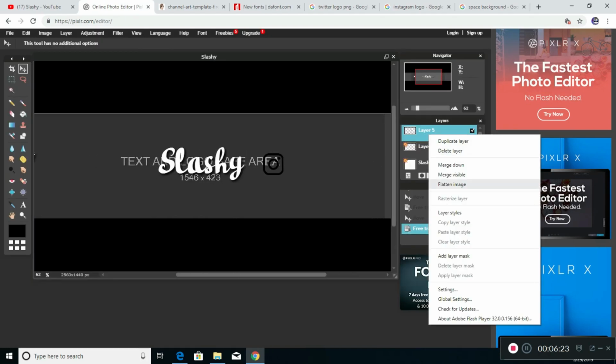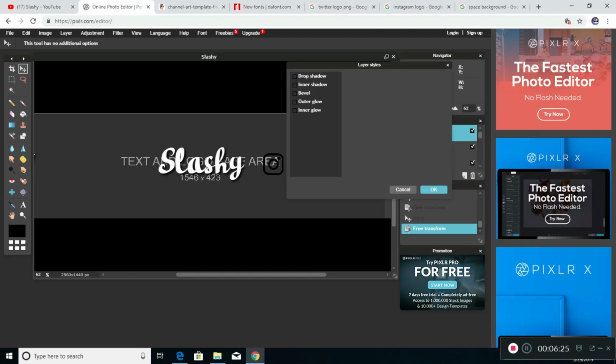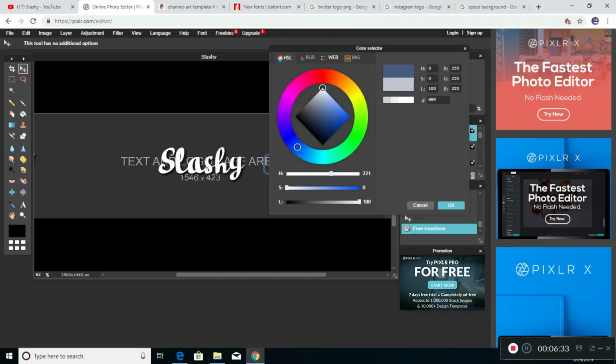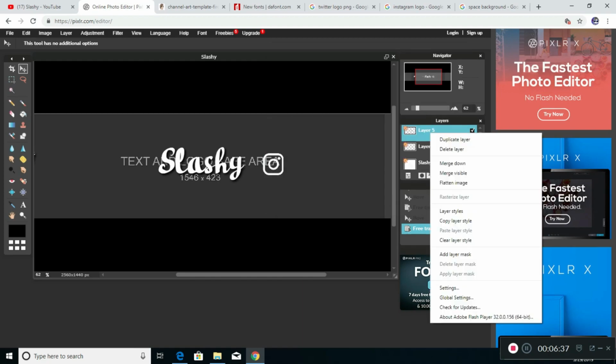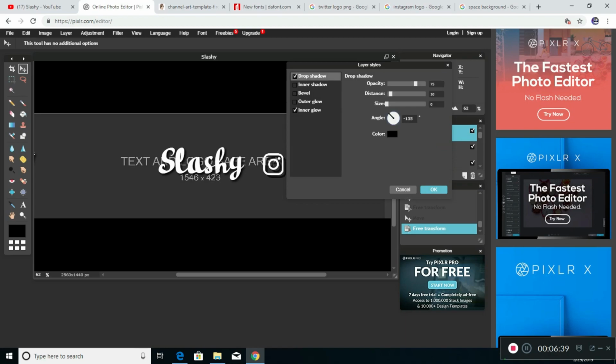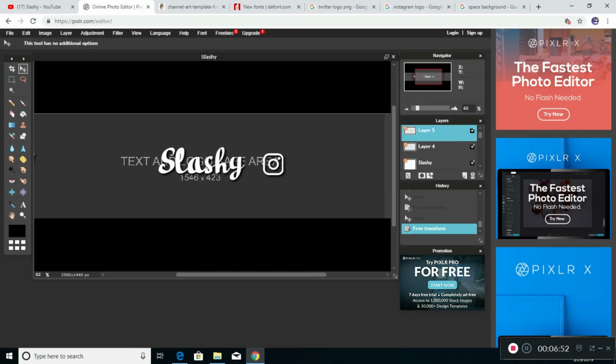Gonna do layer styles, inner glow, opacity to 100, hardness to 10, size to 100. Gonna change the color to white. Okay, and okay. Oh, I almost forgot. Gonna add drop shadow as well, 100, distance of 5. Okay, right there. Size of 5 as well. Okay. Now once it is like this,